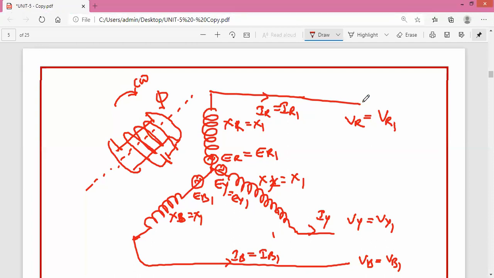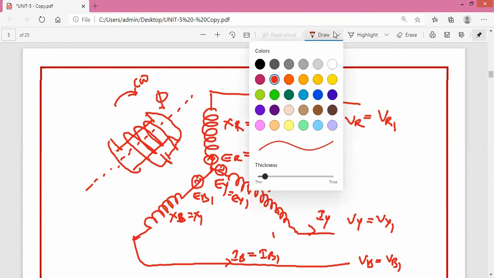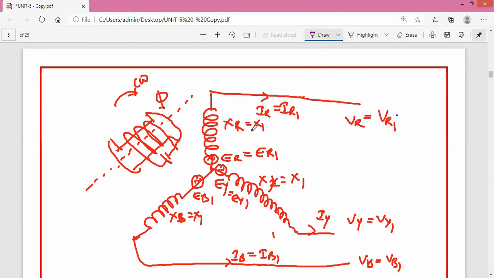So let me take any type of fault existing over there. Then these balanced parameters will become unbalanced now. Therefore, all these unbalanced parameters are replaced with a set of balanced components. So VR1 plus VR2 plus